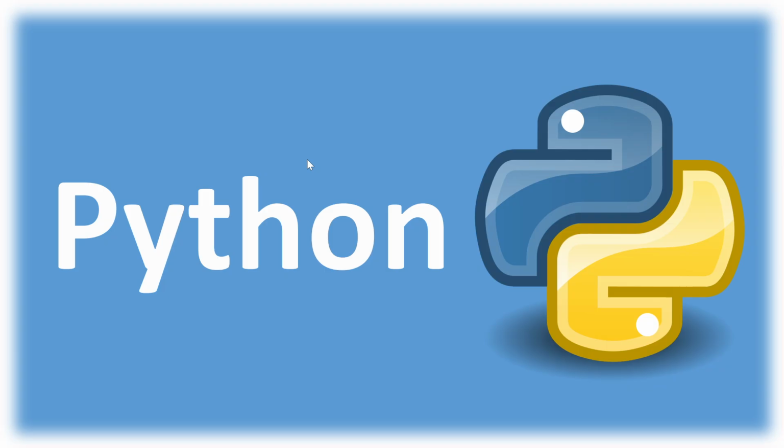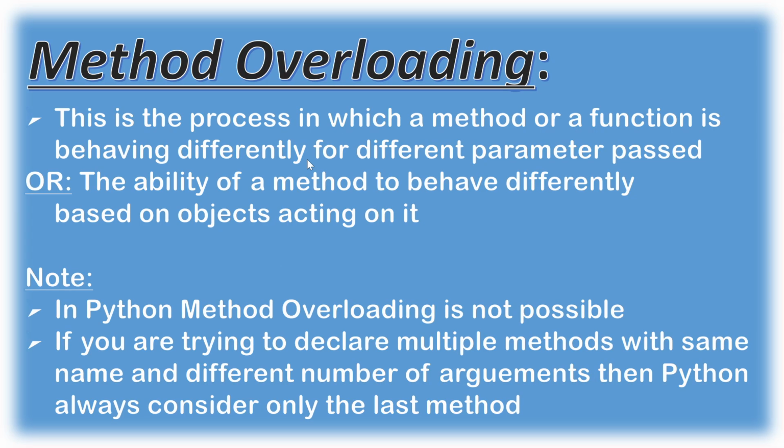In this video, we are going to learn about the polymorphism concept in Python. Let's get started. So, what is polymorphism? Polymorphism means the functions or methods are behaving differently for different parameters passed. Alright. So, there are two things in polymorphism in Python, which is method overloading and another one is method